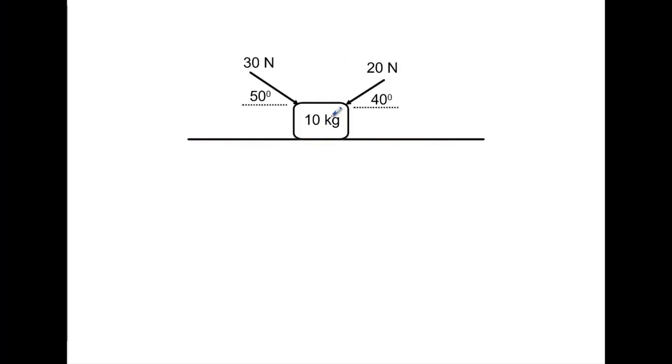Okay, in this problem I have a 10 kilogram block that's sitting on some type of surface. I have a 30 Newton force being applied at a 50-degree angle coming off the horizontal, and a 20 Newton force being applied coming off the horizontal at a 40-degree angle. I want to find out what the frictional force would have to be along this surface so this object